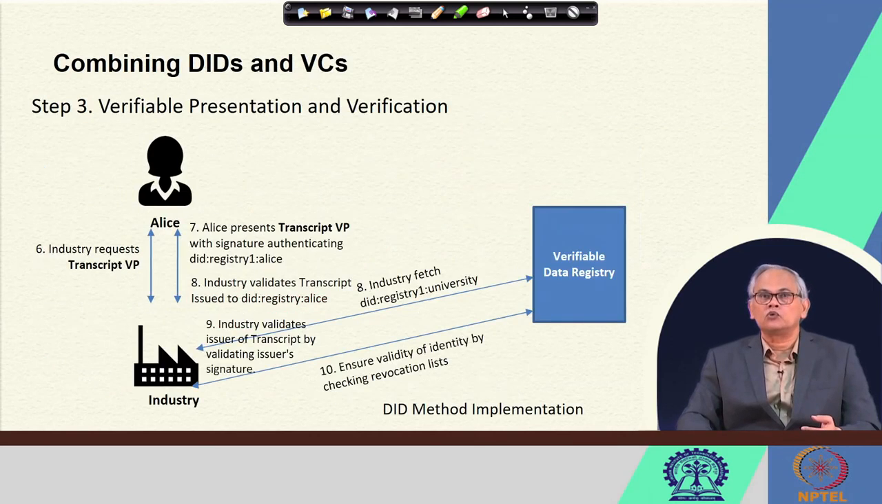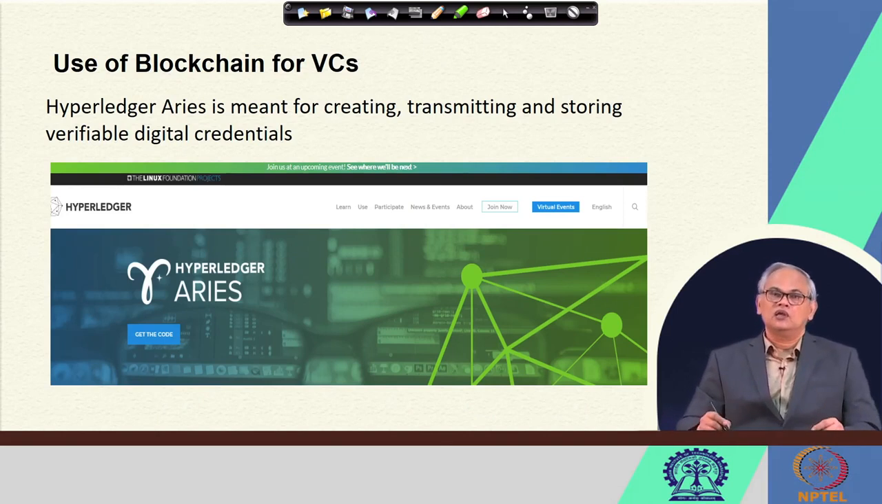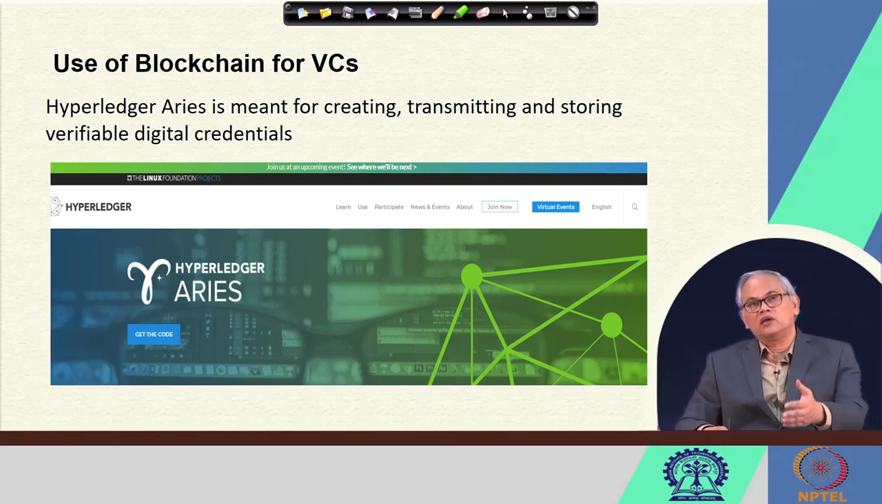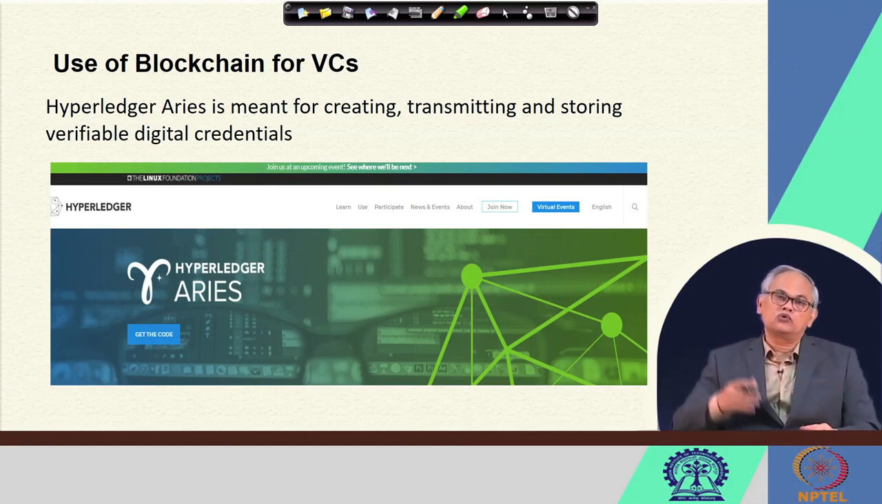So, all this we discussed, and then finally, it is important to understand why we discuss these in the context of this blockchain course. It is because there is indeed this particular blockchain called Hyperledger Aries, which is meant for creating, transmitting and storing verifiable digital credentials. So, with Hyperledger Aries you can click on this particular link and go to its site and get more details about it, so that you know how these VCs can actually be implemented using a blockchain. Also, we will have a tutorial on Hyperledger Aries, so that you can get started with the basic concepts,